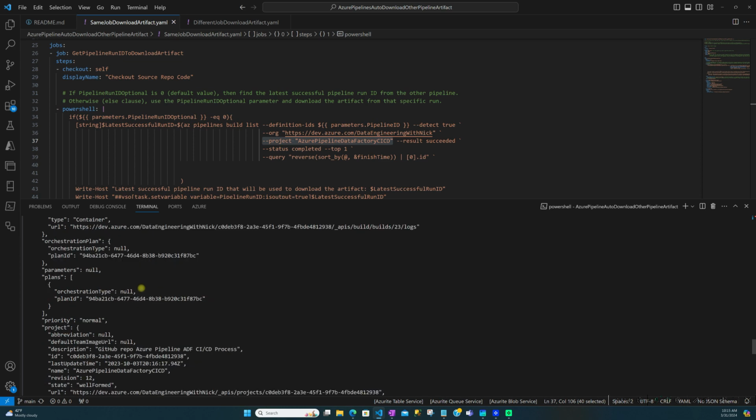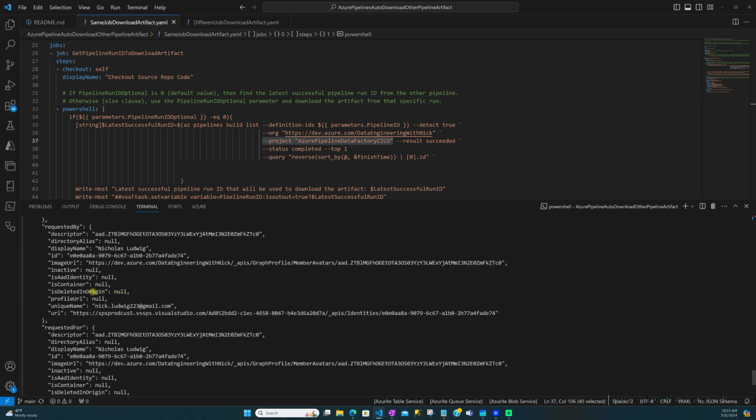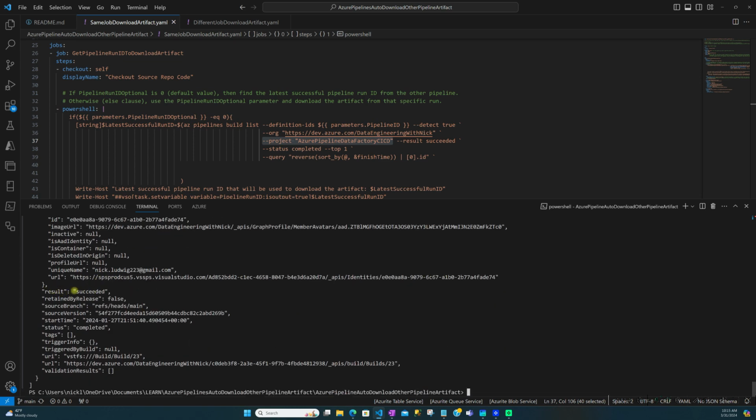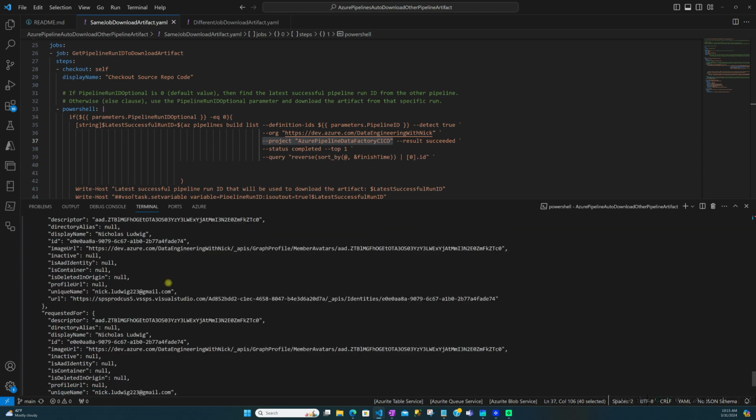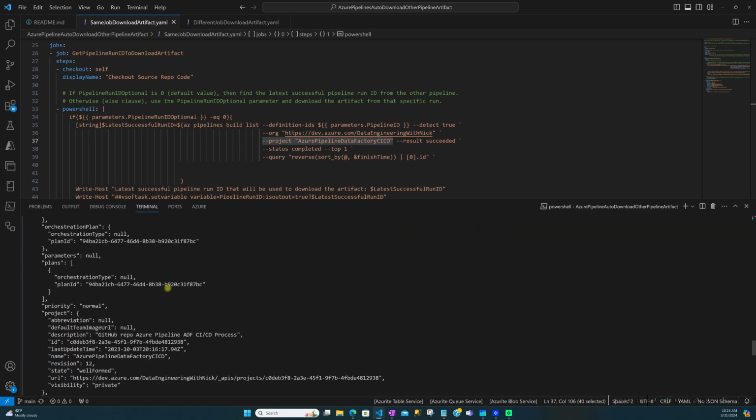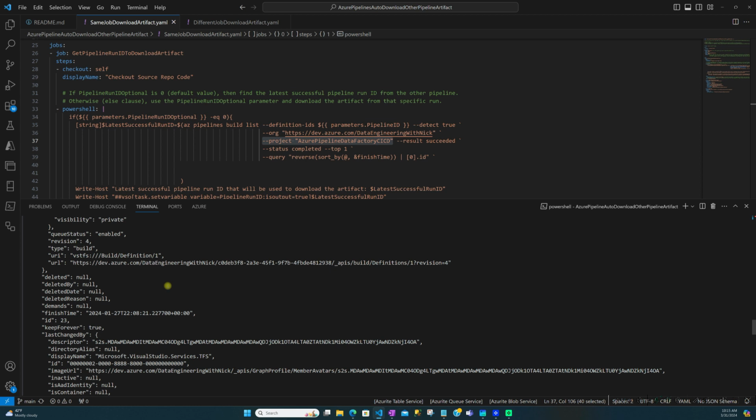If you get on here, you'll see that this result succeeded and it also completed. And then you see the times that it finished. Look at this finish time. That's where there was more than one that fully succeeded. I'm sorting by the finish time and giving the latest one, and then this is the ID at the end